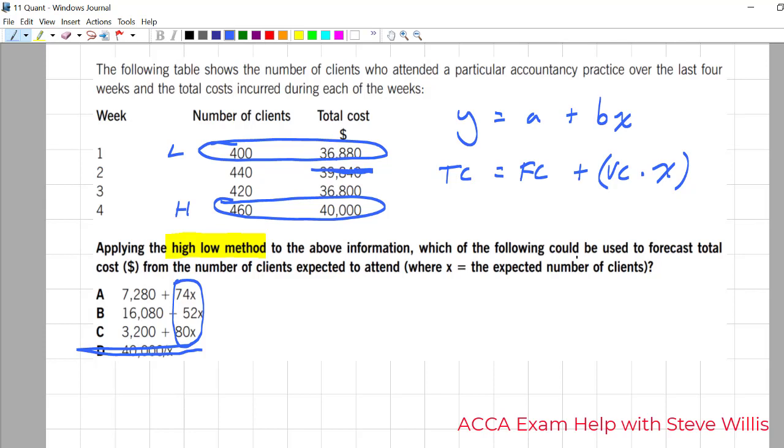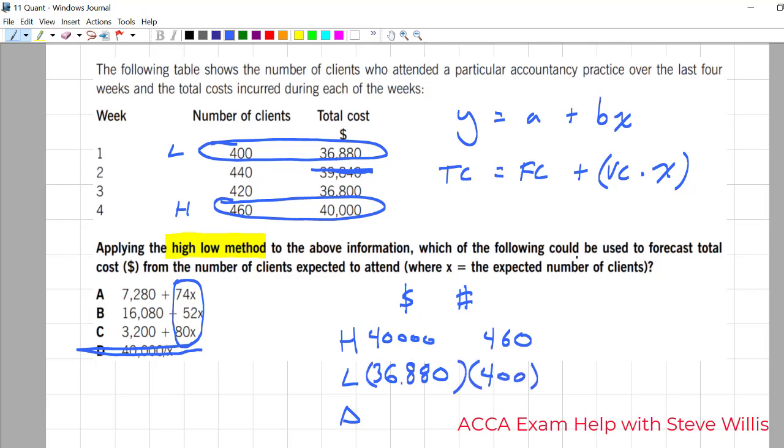Now all I need to do is this. I know my total cost. I know my units. I can do the high, the low, the difference. And then the change in total cost divided by the change in units is my estimated variable cost. Okay, so my total cost at the high level, 40,000 with 460 units, dropping down to 36,880 with the low clients,